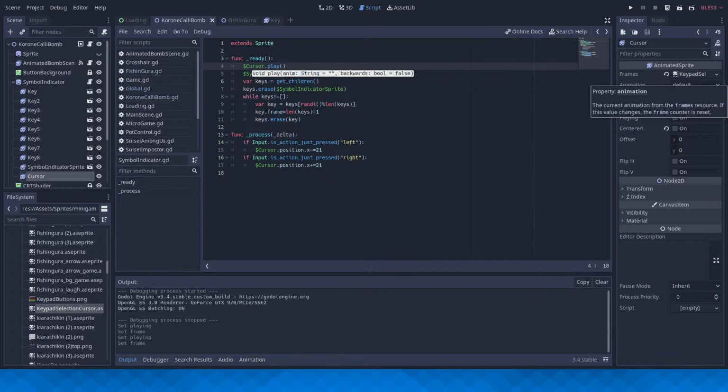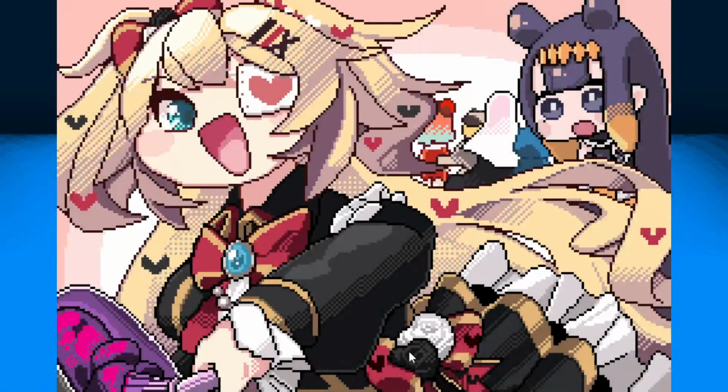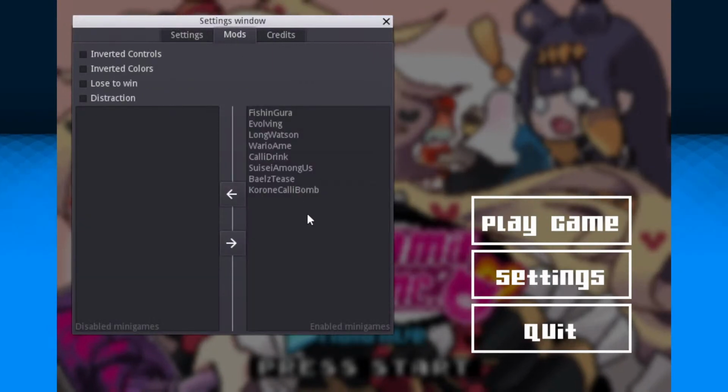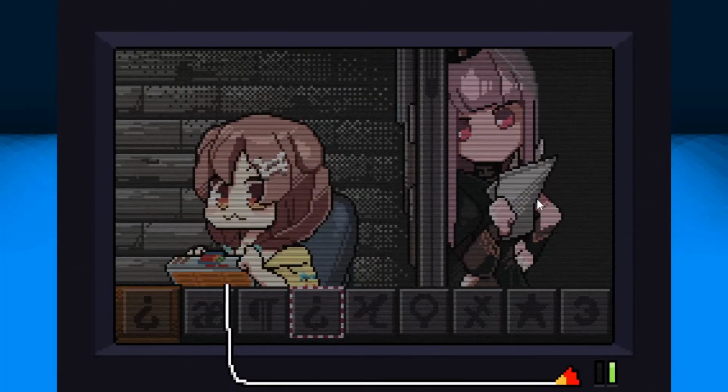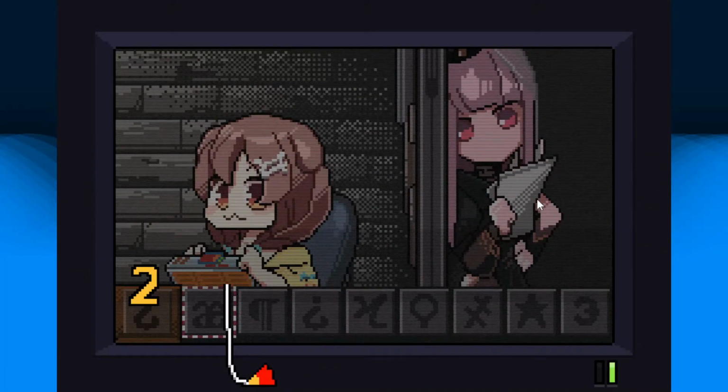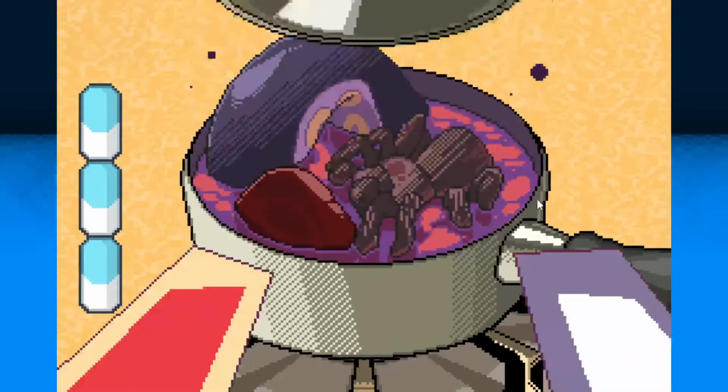Yeah, so just start the game again, transition and start. Mods and disable everything and go. Cool, we now have a cursor and it does grab the attention of me at least.